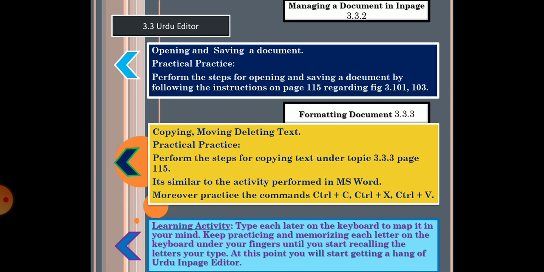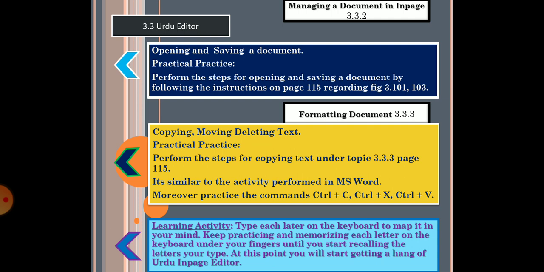In MS Word you can go back through the history to when you started your text, or keep pressing Control Y to go forward again, coming back to the latest text you typed. This is not possible in Urdu InPage to that much length. You can only use Control Z once and Control Y once, up to one step.